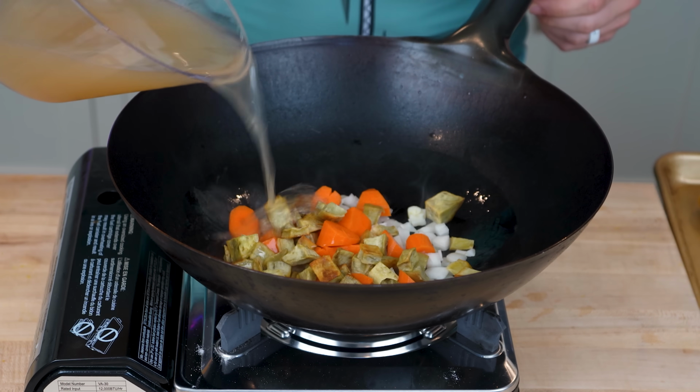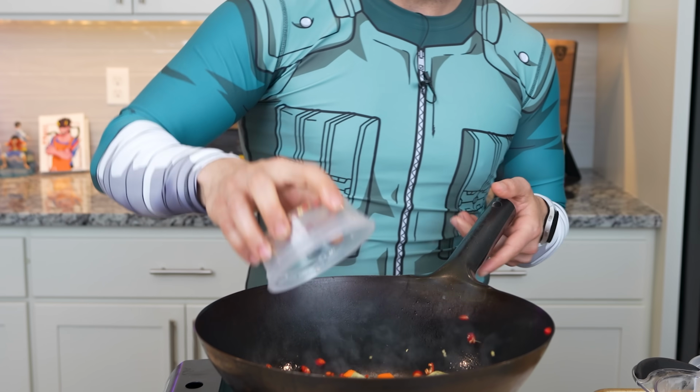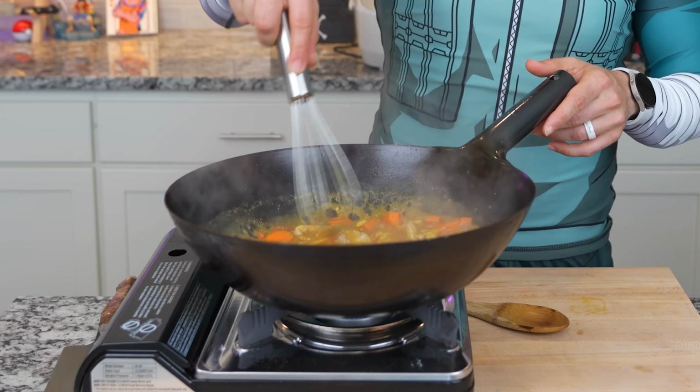This one is made the exact same way as we did for breakfast, but this time I'm going to be throwing in all of those Thai chilies, and these are so spicy. I can just smell them burning my nostrils. Oh no. After a quick saute and about 10 minutes later, I have my Thai curry ready,